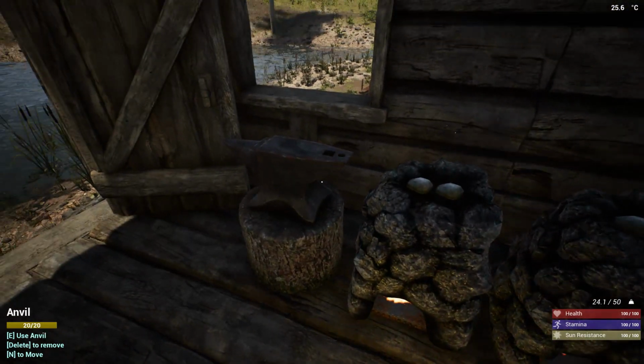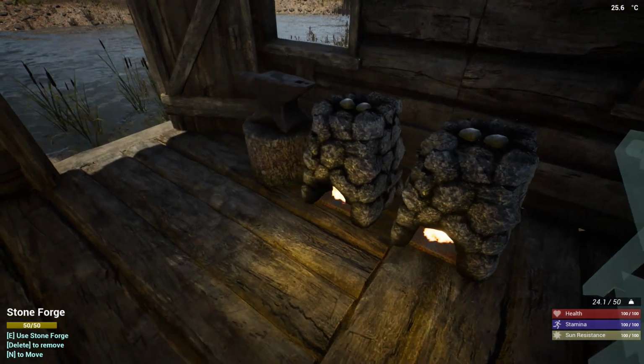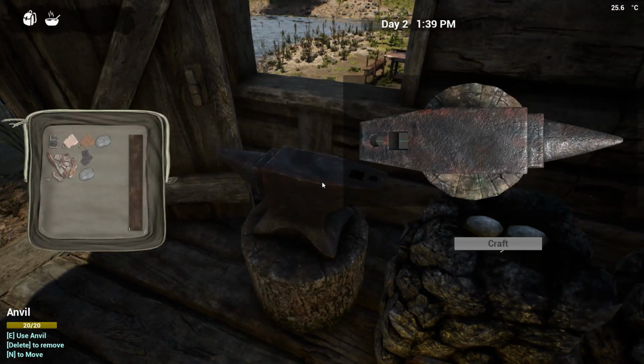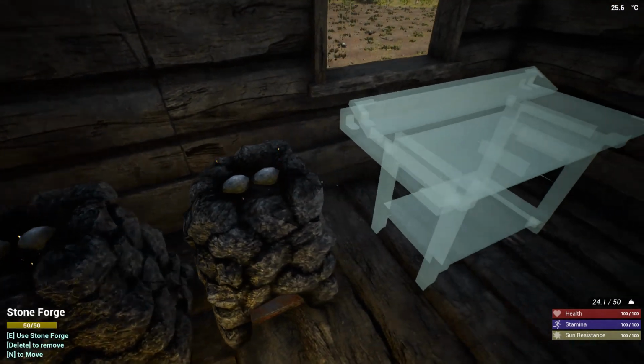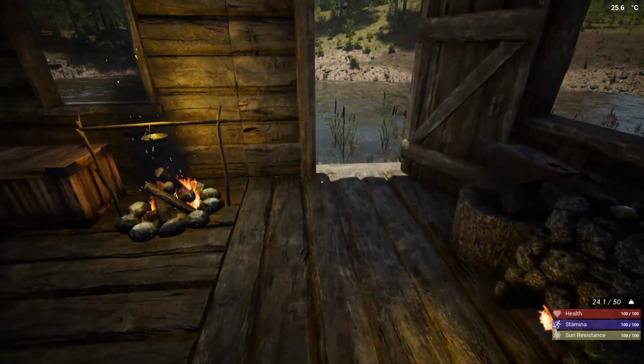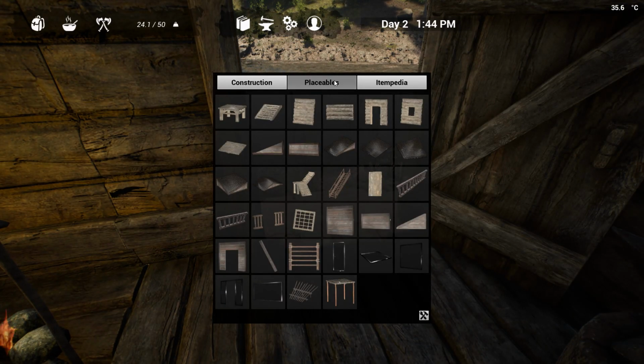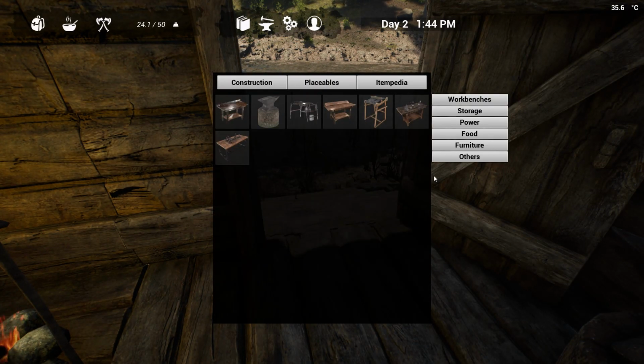So I'm still gonna cook up these stones. The next thing I'm going to need to do is get these iron ingots, go over here to the anvil, and then each iron ingot will give you 10 nails. The nails I'm going to need for the workbench, and then I'm also going to need them for the log cart. So the log cart, if you go into placeables and then other,